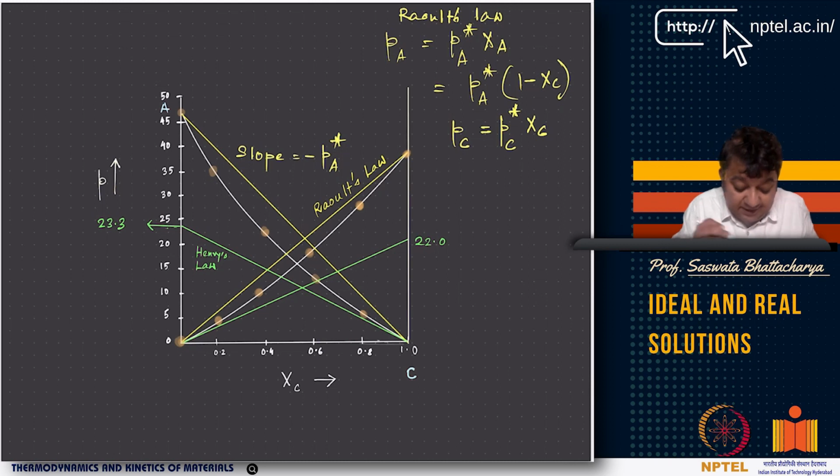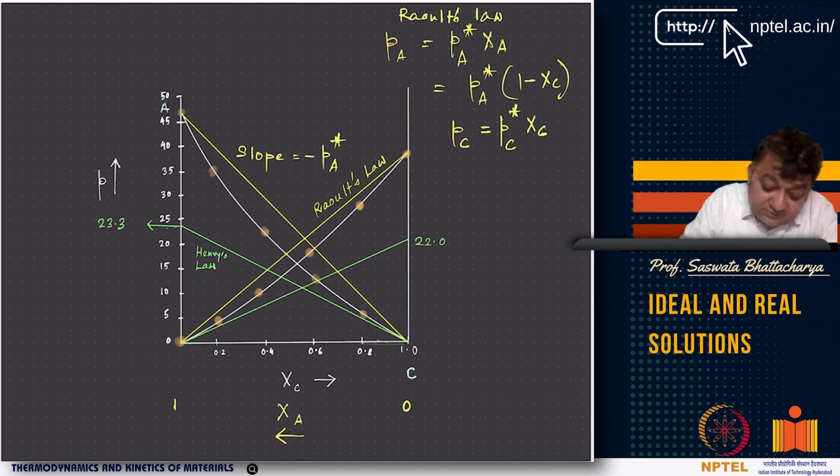Right. So now, look at Henry's law. Henry's law is drawn at the concentration of the solute, which is negligible, right? So if we look at C, the concentration of solute means A equal to 1 here and A equal to 0 here, right? If I look at XA increases this way. Now if you look at that, when XC is very small, that is where you have to draw the tangent, right?